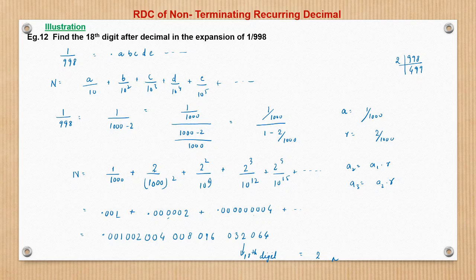So this is also one of the ways. In some cases this approach may hit and we may find the solution very effectively, because in this case the RDC would not be useful: 499 is a prime number, and the RDC of 499 would be 498. That tells us the digits would repeat after 498 places, but it would be very difficult to find the 498th digit and so on. That's not possible. So hope this was clear enough.